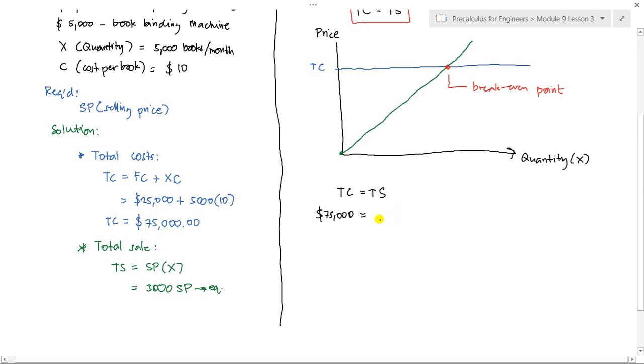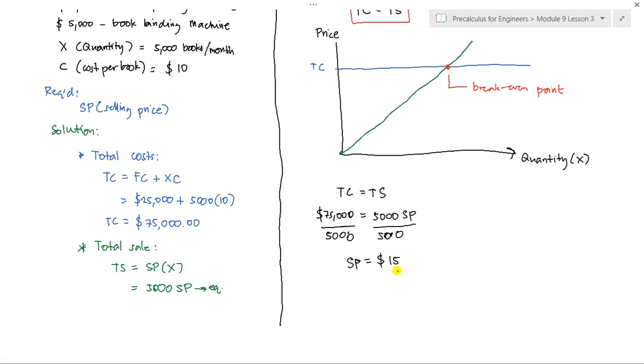Total sale, so that is the selling price. That is 5,000 times the selling price. So divide by 5,000. Okay, so how much? Okay, $15. Correct. So therefore, if they just want to break even, just quits, the selling price of this book is $15